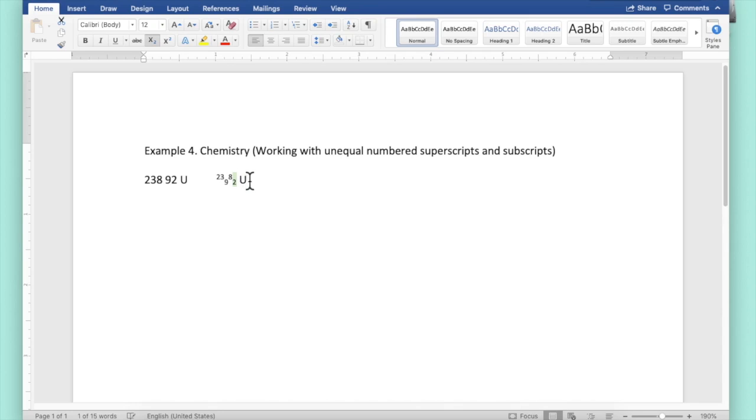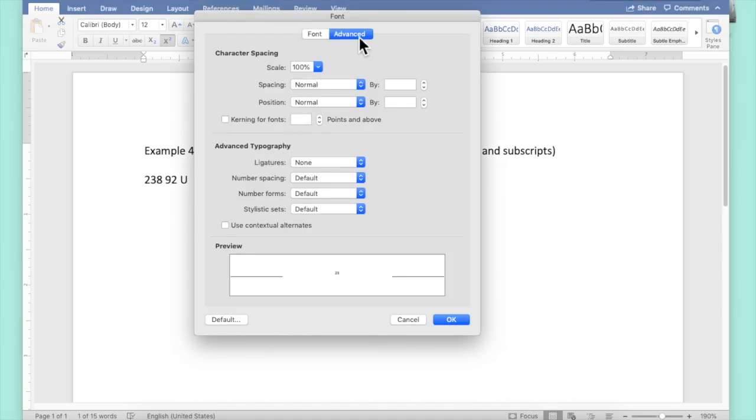Alternately, you could have raised the 238 first and then subscripted the 9 and the 2 and then used the condensing method. But that order doesn't matter. The steps will be the same. Once you select the 2 and 3, we must raise them. So top menu bar, Format, then Font. In the Font pop-up menu, you choose Advanced, find Position, choose Raised, raise it 6 points, and press